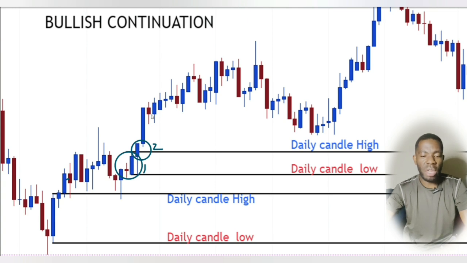So at the beginning of that third candle, we are placing our buys. First, we go to the 5 minutes or 15 minutes chart to confirm our entry using a bullish engulfing candlestick pattern or 3 white soldiers, whatever candlestick pattern confirms your entry at lower time frames. You use that at the beginning of the third candle, and then you place your buy going all the way up with a 1 to 2 risk to reward ratio at these lower time frames of 5 minutes